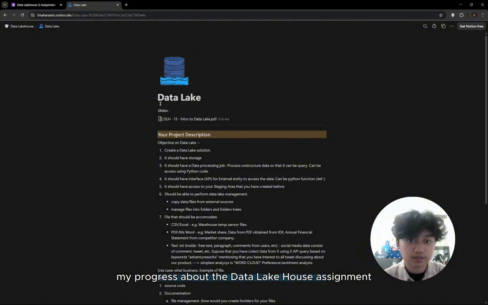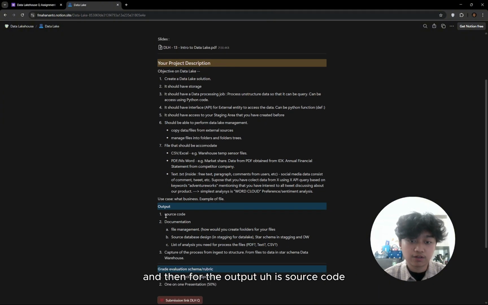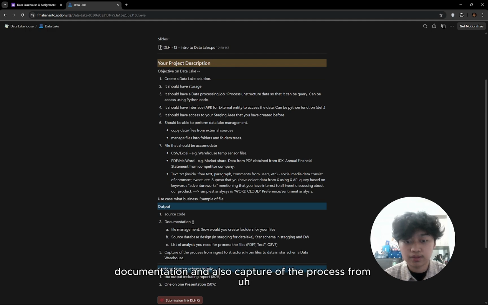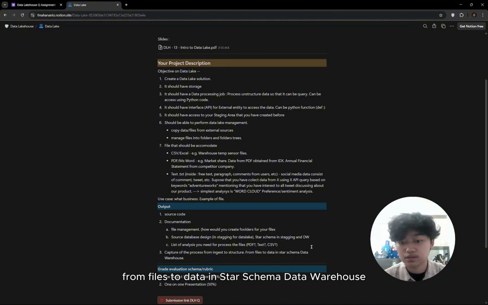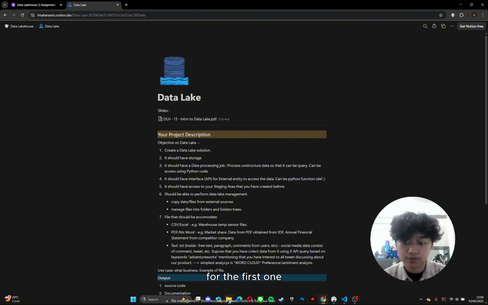I will present to you my progress about the data lakehouse assignment. This is the Notion I got. The project description is to create a data lakehouse solution into a file that should be accommodated, and the output is source code, documentation, and also a capture of the process from ingest to structure, from files to data in a star schema data warehouse. But for my progress in data lake, week 14, for the first one,